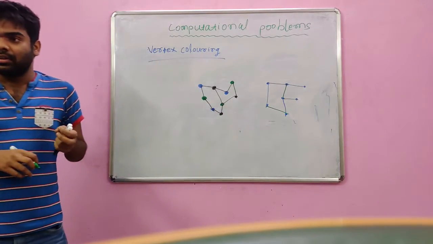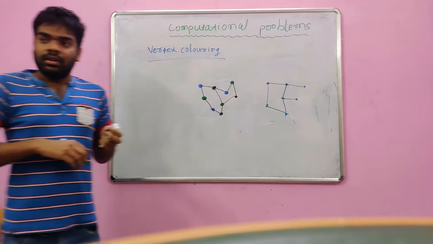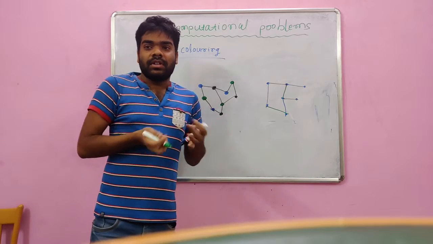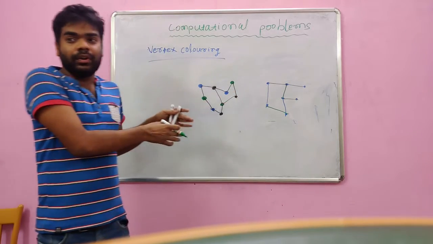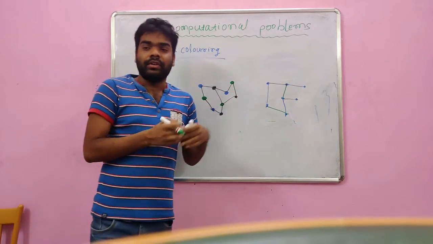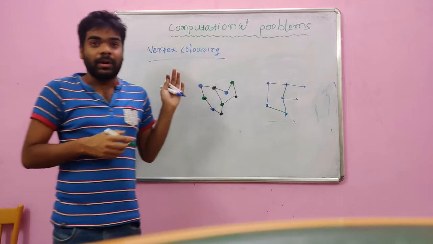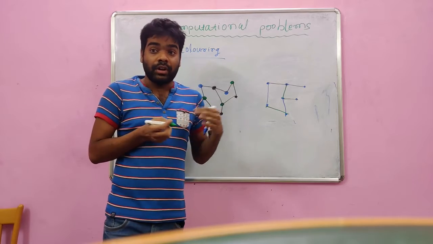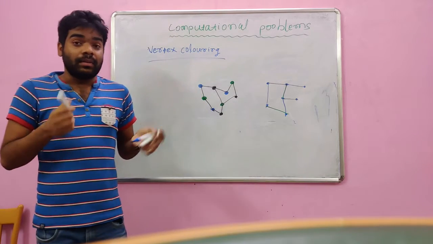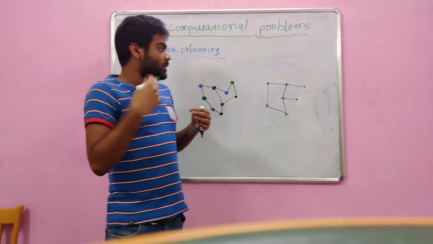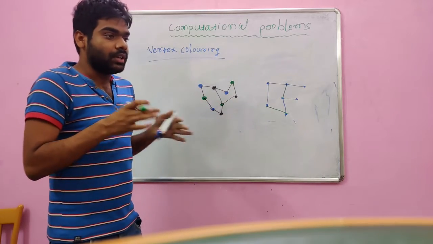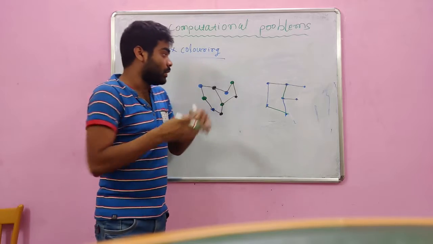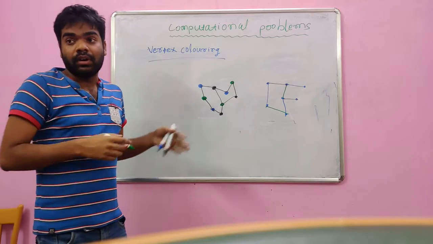Do these different colors have any kind of significance? There are many kinds of problems that are equivalent to this type of configuration, so we can relate them and solve those problems. Like the Hamiltonian path I explained earlier, that is related to the Ising Hamiltonian that we are using. Those types of things are related to some physical systems, so we can solve those systems with the help of this type of graph theory.